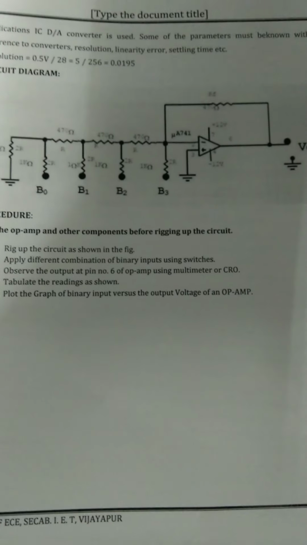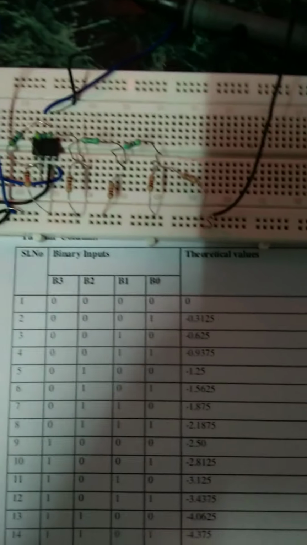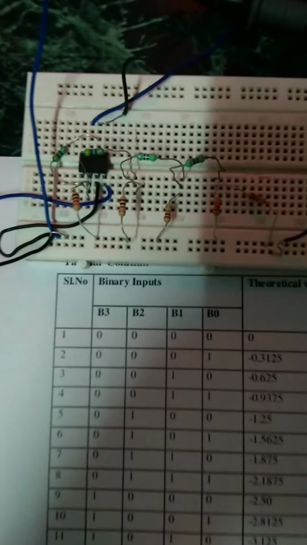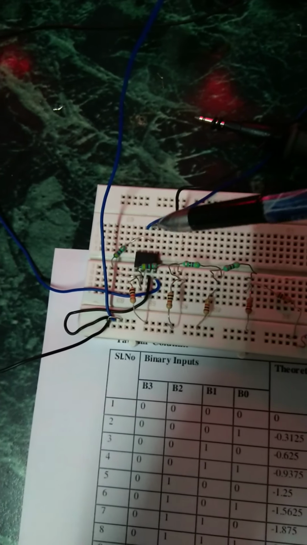Now let us see its actual circuit and its working. This is the actual circuit of the R-2R digital to analog converter. I am making use of an operational amplifier, the op-amp IC. Now this is our RF. It is going from pin number 6 to pin number 2 over here, and from that R, R, R, total 3 R resistors I have. This is RF.